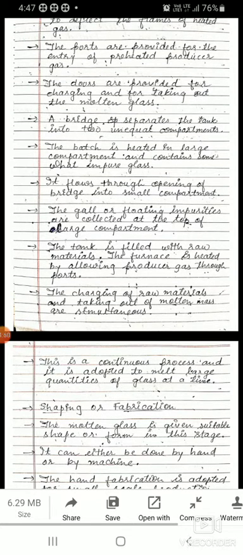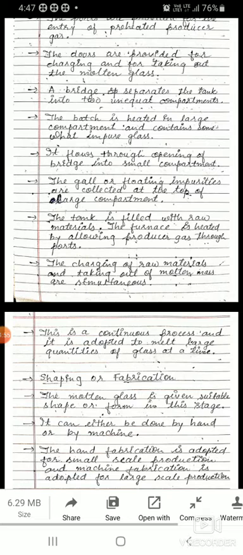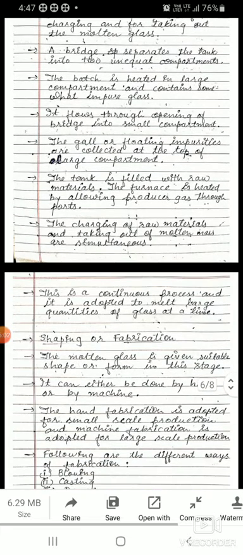The furnace is heated by allowing producer gas through the ports. The charging of raw materials and taking out of molten mass are simultaneous, and this is a continuous process, and it is adopted to melt large quantities of glass at a time.